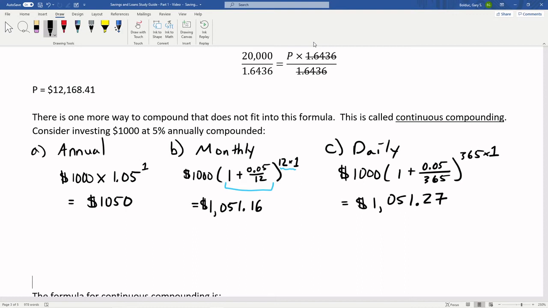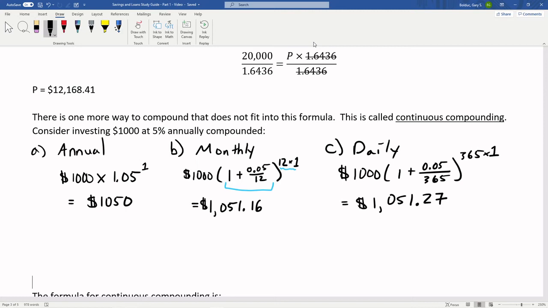If I do this every hour, is it going to be better? Yep. If I do it every minute, is it going to be better? Yep. How about every second? Also yes. How about every half a second? Yep. Are you tired of me doing this? Yep. Well, that idea keeps going, and it goes, and it goes, and you can do better and better and better. And so the idea of continuous compounding is asking the question, is there some best case scenario that can